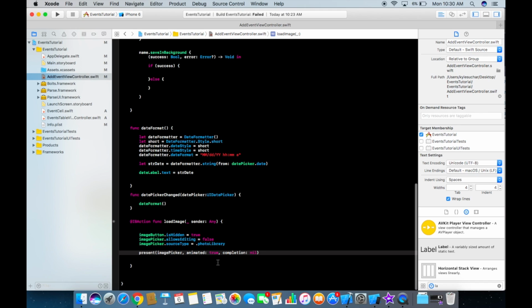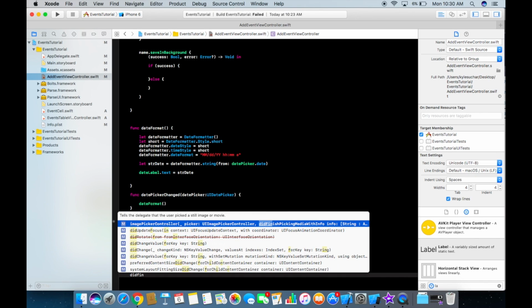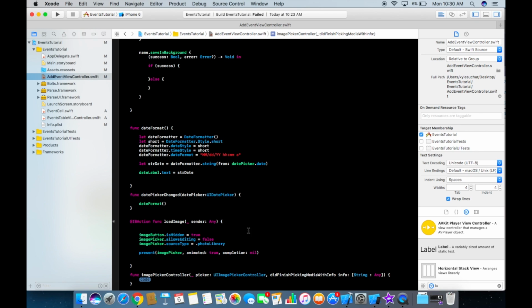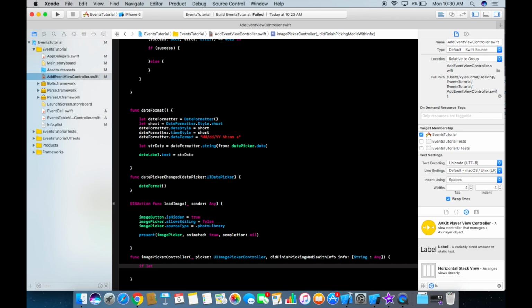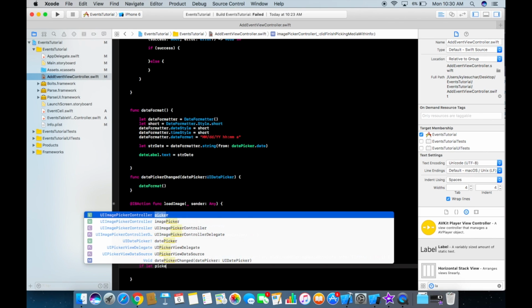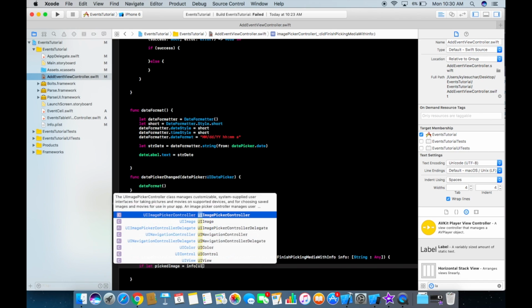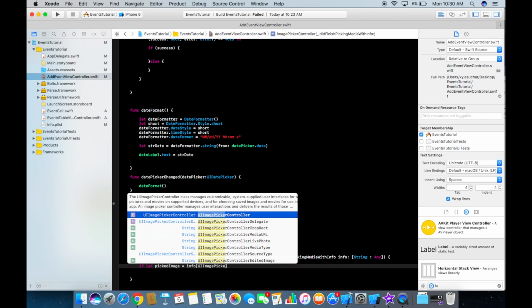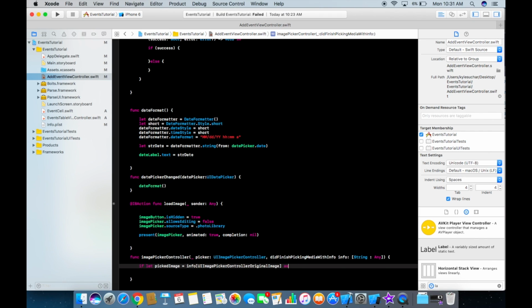We need two more methods. The first one is didFinishPickingMediaWithInfo, so let's click on that. And we're going to create an if statement: if let pickedImage is equal to info, and then inside here we're going to call UIImagePickerController originalImage as UIImage,